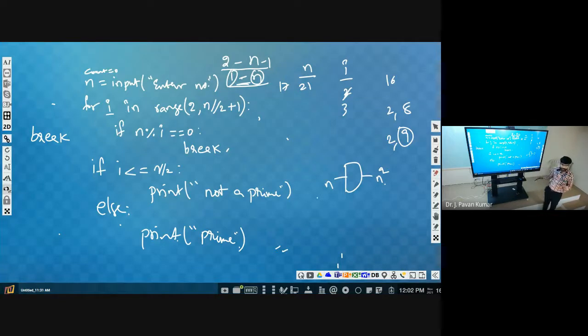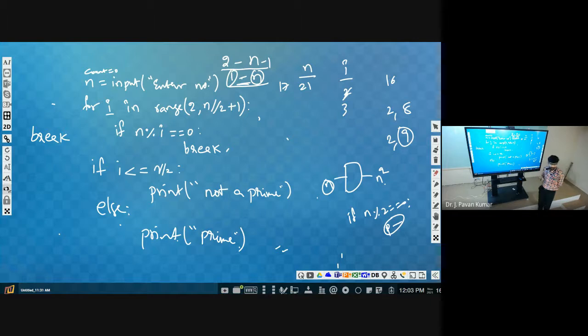So in general, how can we write it? Just taking input: n is equal to input of enter number. Then after that we have to check whether it is even or not. If it is even, then print n square. Or you can take one variable, assign n into n, and then display it.